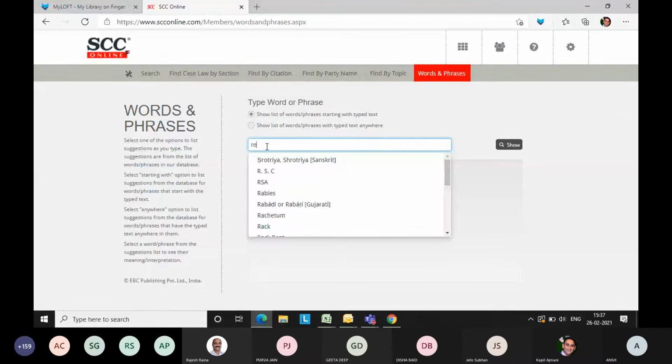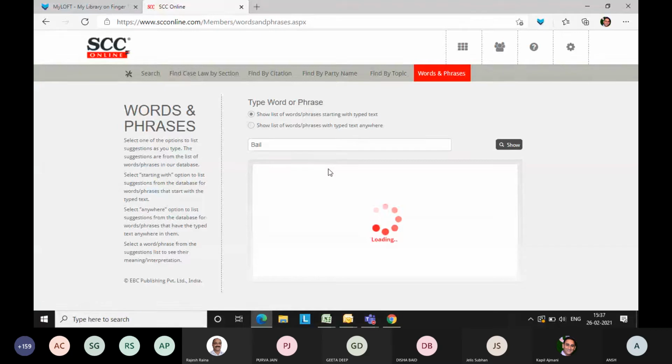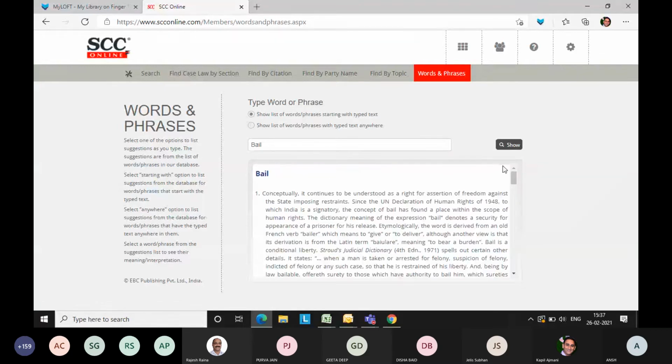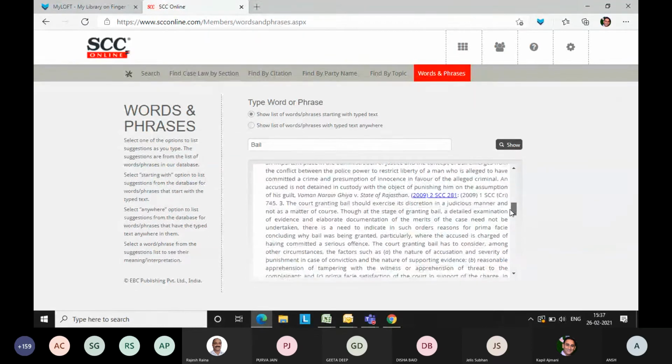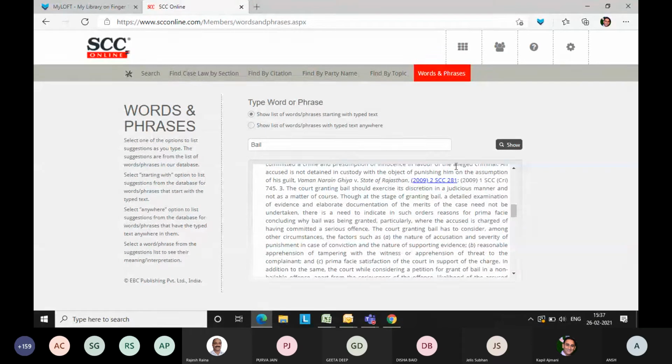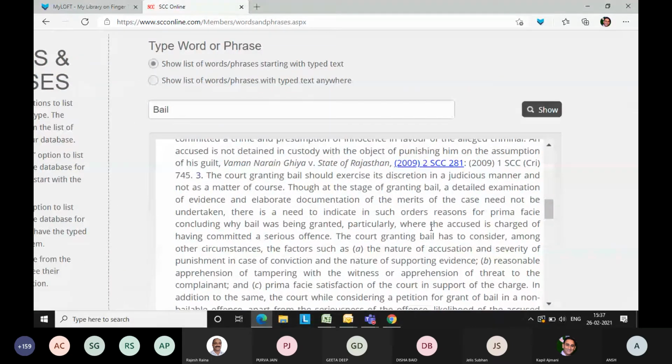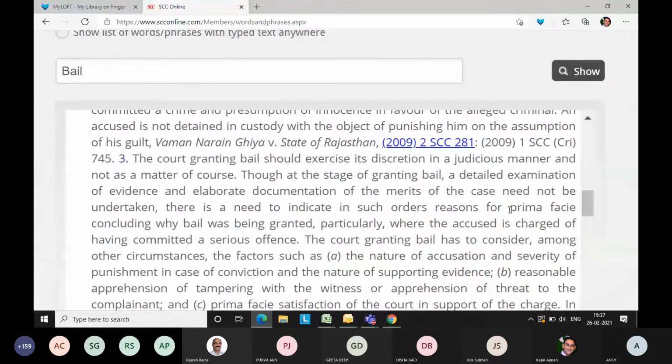So let's take a very simple example of bail. When you type in bail or maybe res judicata, you will get not only one definition. It will give you the definition of the act itself, where it has been defined in the act, whereas it's also been defined in Indian case law. So you get to see these citations, titles mentioned, Vaman Narayan Ghia versus State of Rajasthan 2009, 2 SCC, where bail law is also defined.